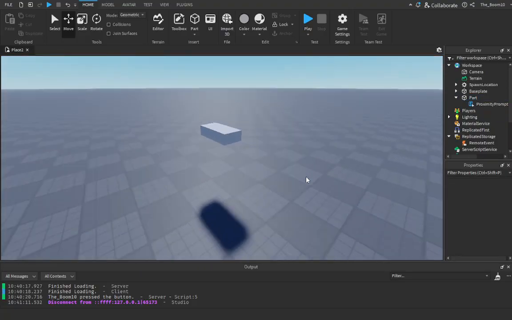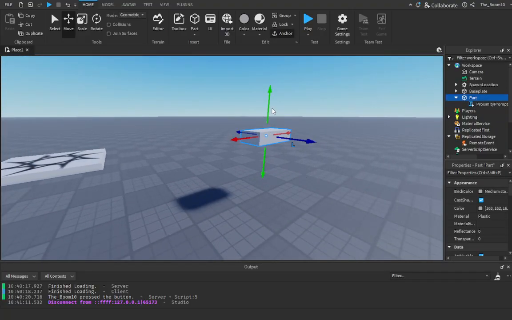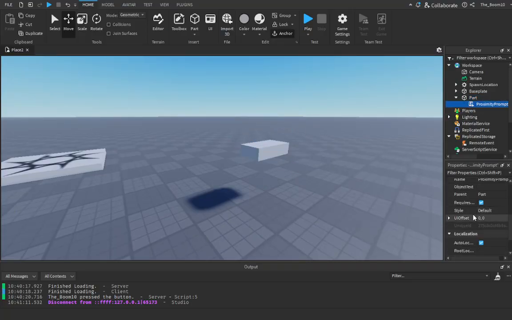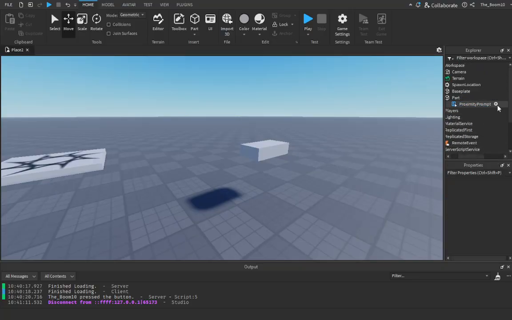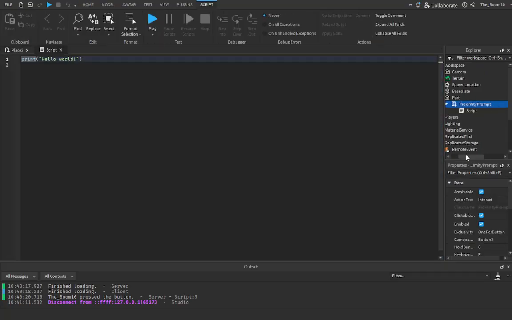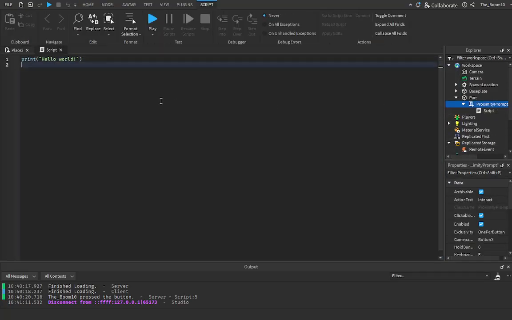It's going to say that you can press E to interact or whatever. And so very quickly, I'm just going to turn off requires line of sight just to make sure it shows up. And then I'm going to add a server script into the proximity prompt. And I'm going to write script.parent.Triggered:Connect(function,